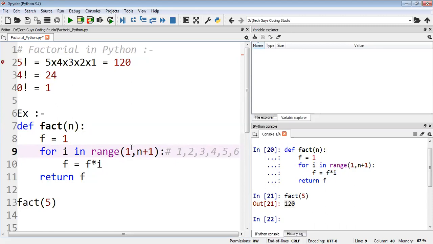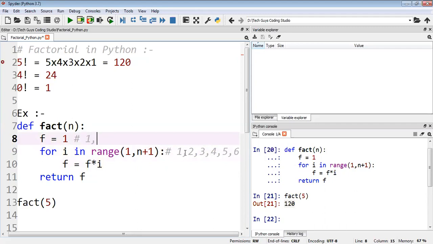Here I will show you how this will work. You can see my output here, for i in range. This is my range, so I need to start with 1. In this range it will work like 1, 4, 5, 6, right? I'll take this first one here. So f is already 1 here, right? f is 1, then i value is 1. 1 into 1 how much? 1, right? So it will store 1 here. Okay, done.